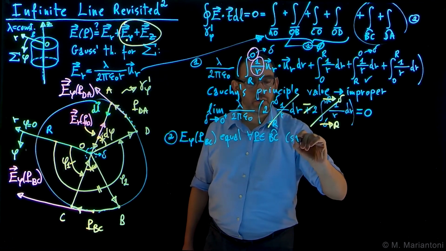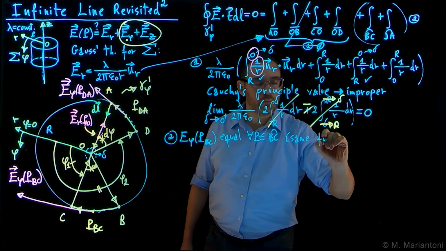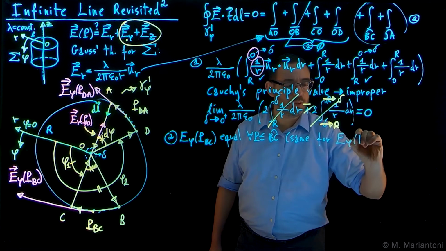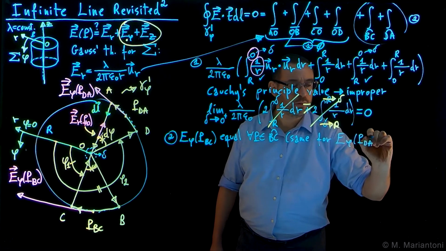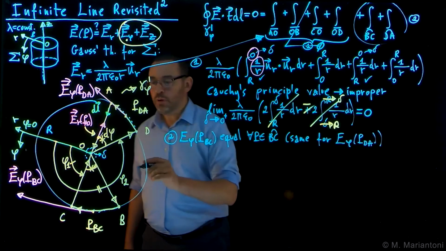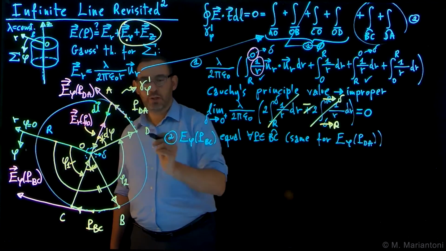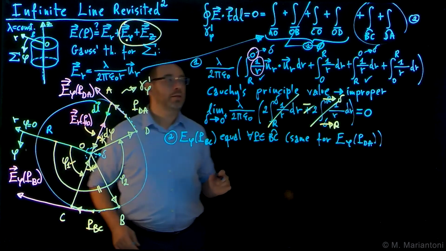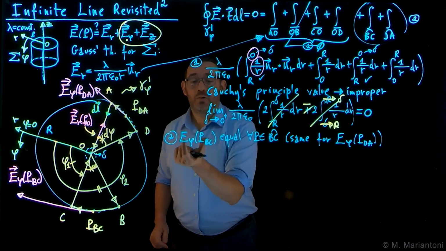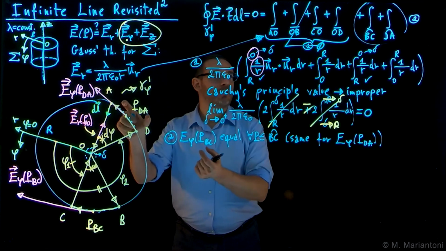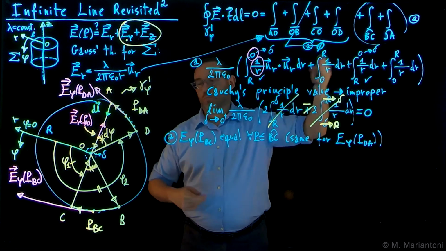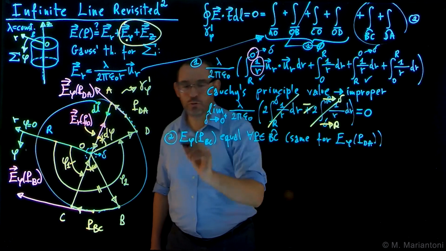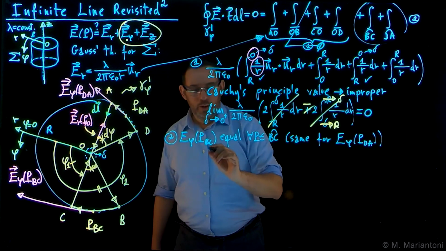Same for E var phi at point P DA. And again, this is true because I'm assuming infinitesimal elements. Okay, we'll come back to this in an appendix. Now, with that in mind, we can take out the magnitude of these vector fields in the integrals because we don't have to integrate them, since they are constant over these arcs. Okay, so these two integrals then become